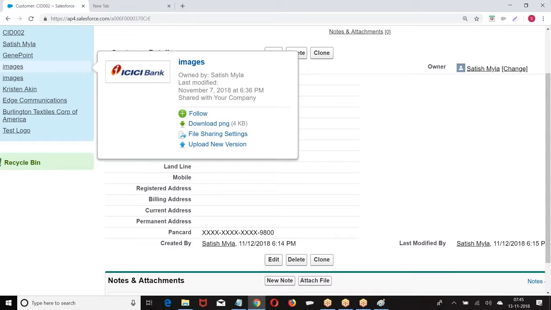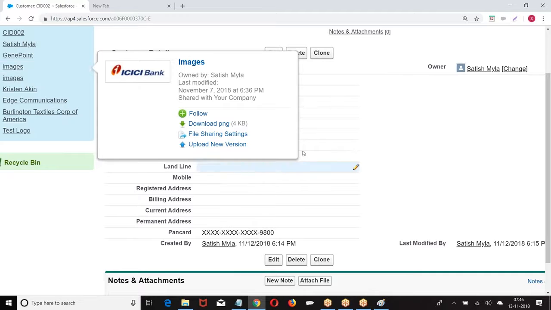What is the length of this field? 175 characters. When you want to store any sensitive data, we store it in a text encrypted field. When you take a text encrypted field, data will be masked and saved. Now who can see this data? By default, no one can see this field. If I want to see the field in original format, you need to have a permission called view encrypted fields.